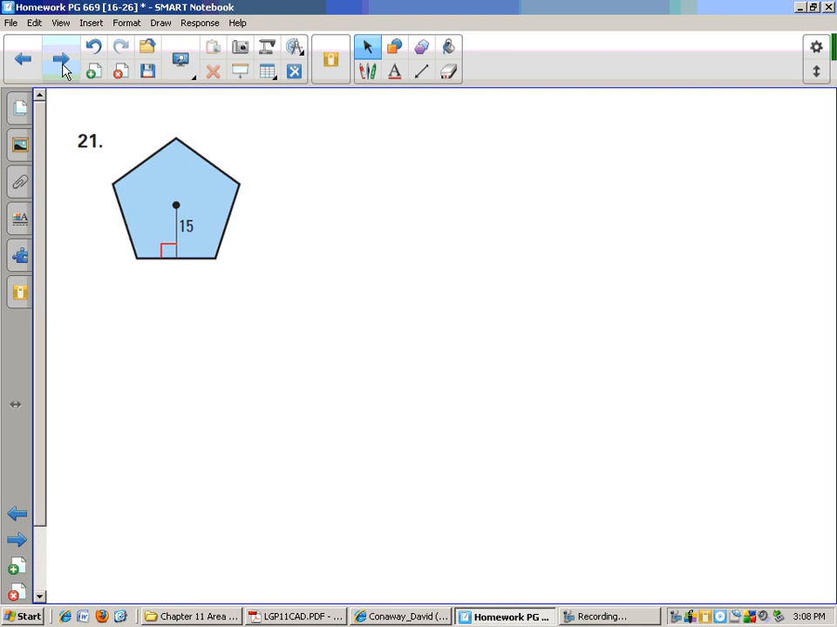It says they want us to find the area and the perimeter. So we're going to have to cut this up into its triangles. We need to find the apothem, which they already gave us, and then we need to find the perimeter around the shape. So if 15 is the apothem,